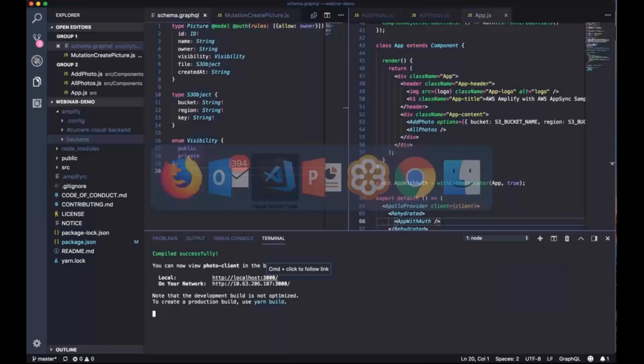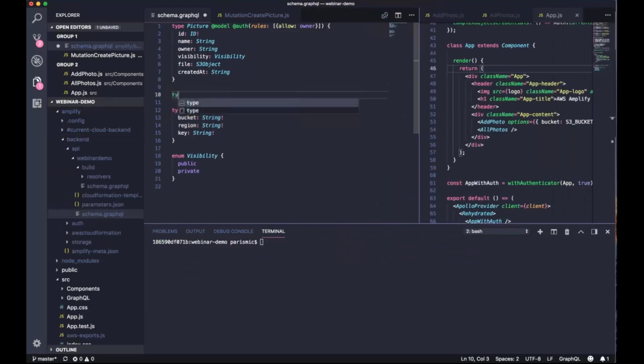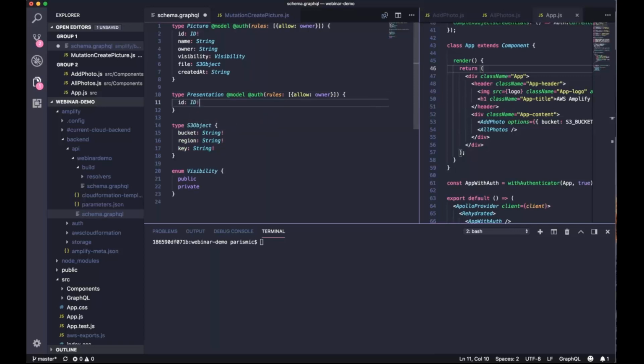Since we're running out of time, I'm just going to show it quickly, but what we'll do here is a connection. So I'm going to go ahead and add a presentation type. We're going to add the same rules that we had before, such that only owners can update it. And then what I'm going to do is give it a name, and we're going to create a connection between pictures and presentations. So here I'm going to say a presentation can have multiple pictures,